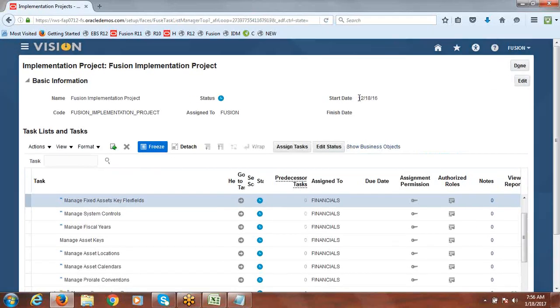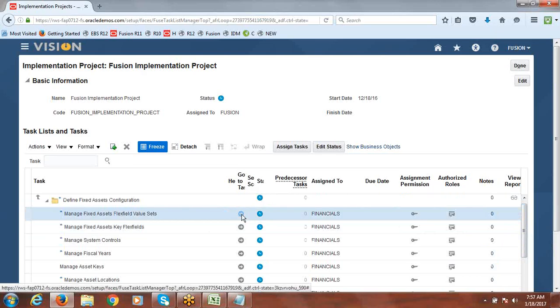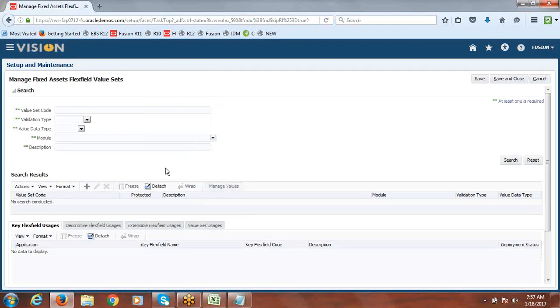Then we'll add one or two values just for our understanding of how values can be added to this. Go to value set. There you can add for major and minor, you can just add one or two values. That's it. Value set name is Fusion Major Category.